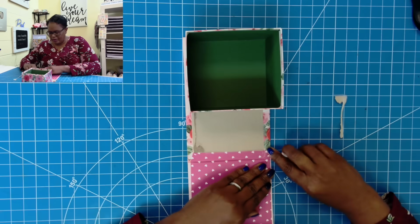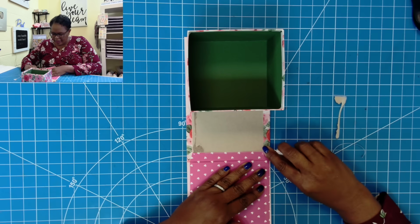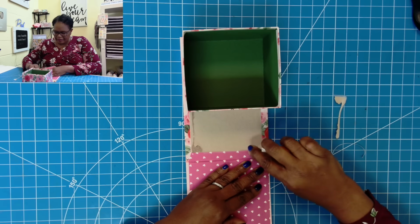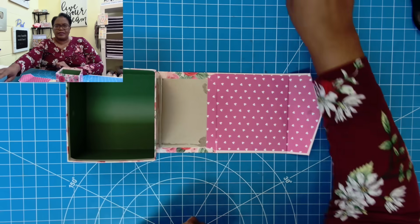and remove the adhesive strips. It looks like it might have been hot glue of some type. I am just removing those, and they are coming up very, very easily. So I think I have them all. I do. So now that we have it like this,